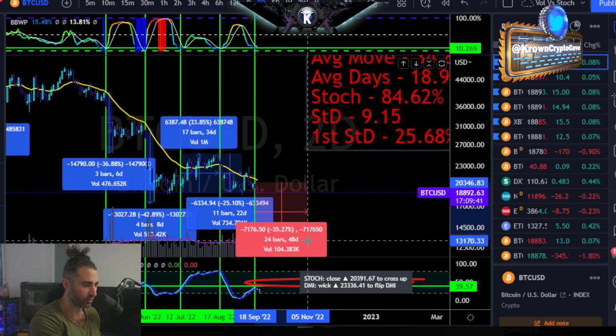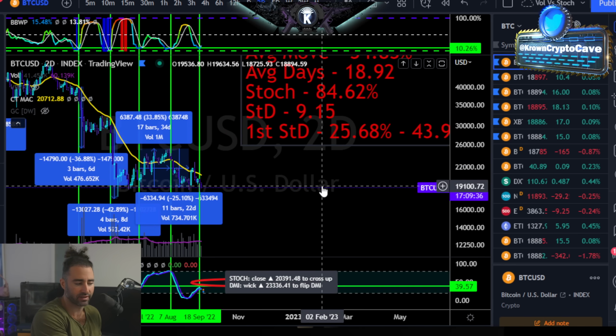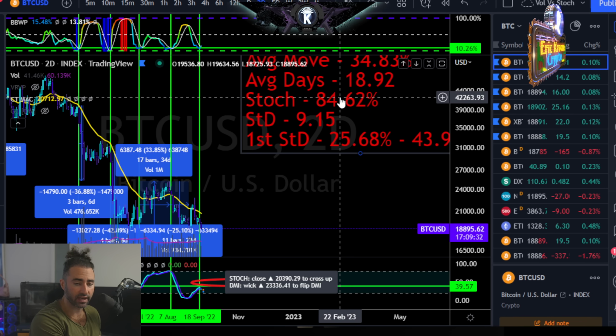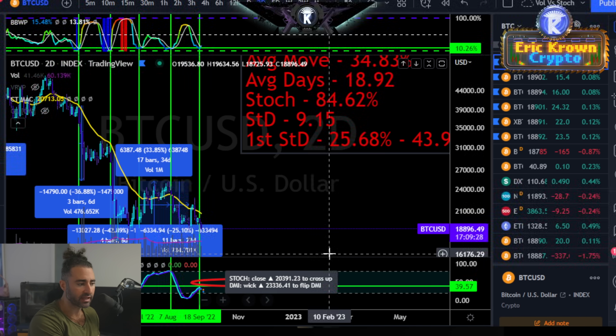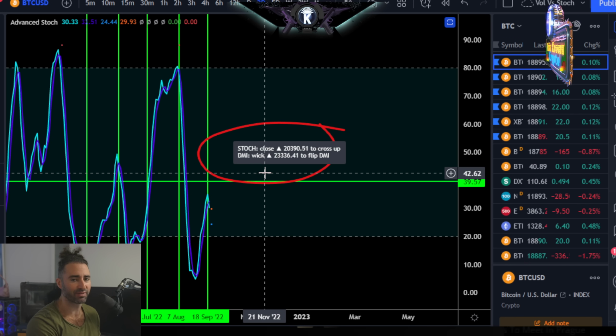35% obviously puts Bitcoin at like 13 to 14, and what was the other one? 44% puts it at like 12,000 basically. And we'd expect that move to occur within the next 2.5 weeks, starting from today, if that gets confirmed. By the same token, let's say that we see a not necessarily biblical, but a pretty impressive